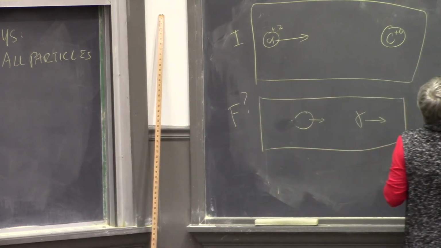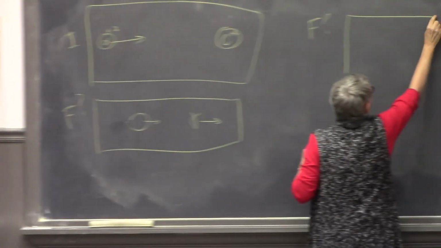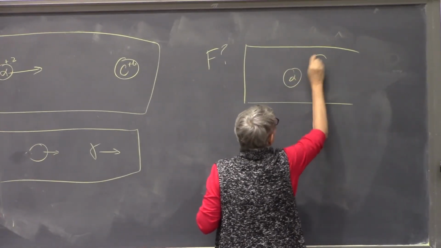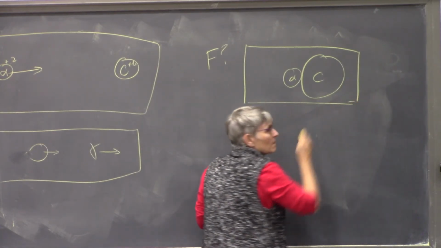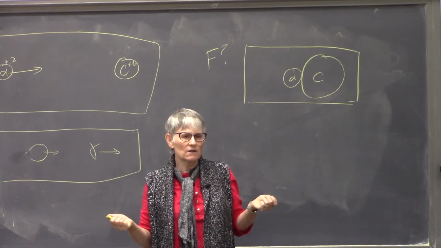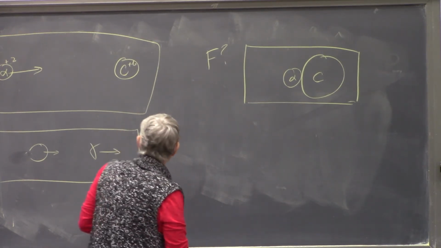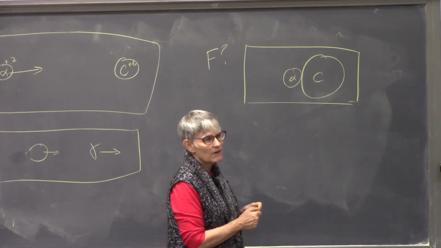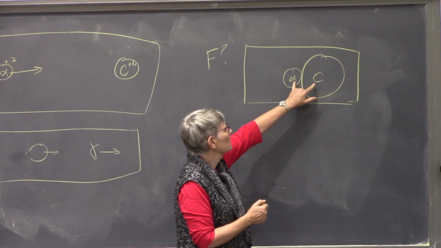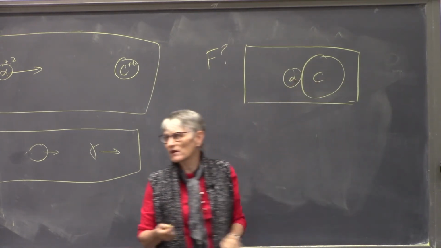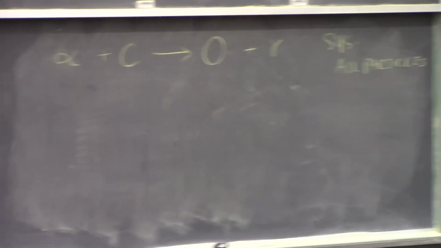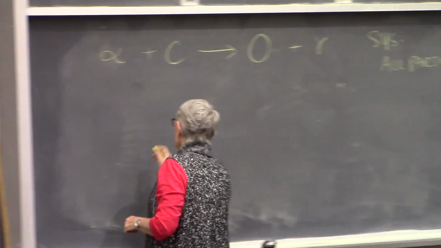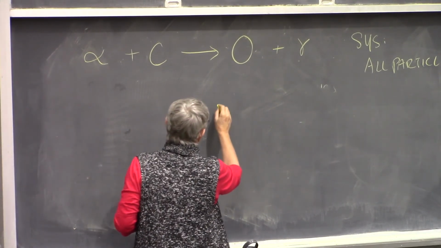So another choice of final state would be the alpha particle touching the carbon nucleus. And once that happens, then the reaction can occur, right? And that seems like a better choice because if we know what this distance is, well, let's just write down the equation. So for our choice of initial and final states, the initial state